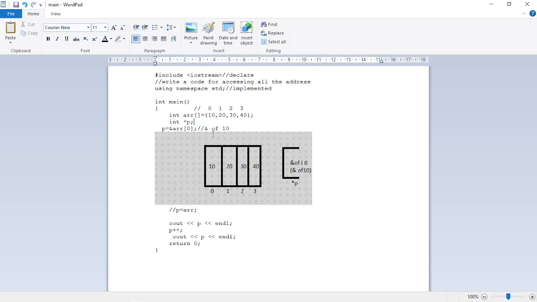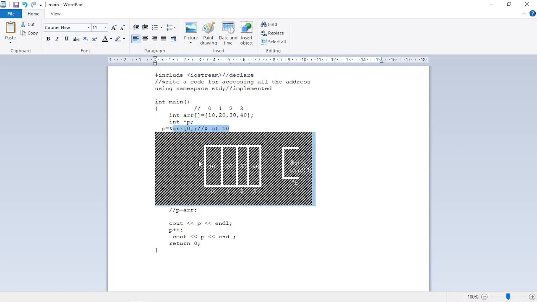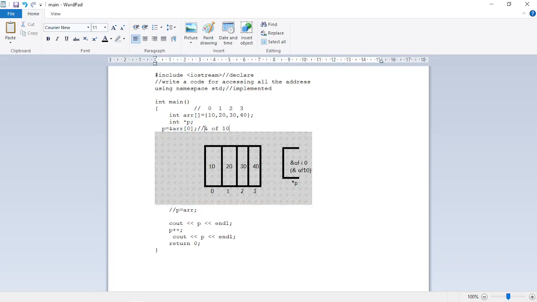and after that we are going to assign the address of array index 0. Okay, so p is just holding the address of 10, which means it will hold the address of index 0. Okay,